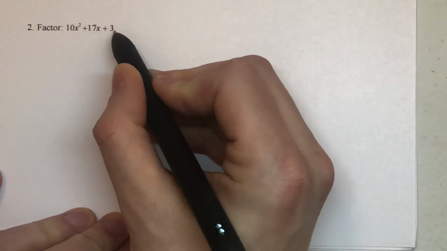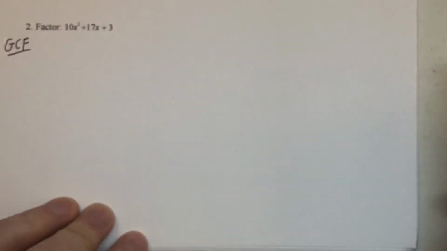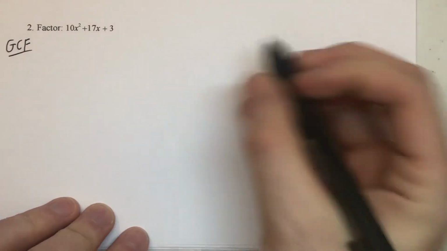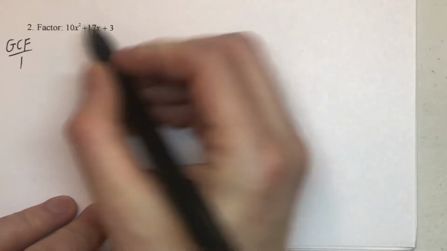So we see x squared, x, no x. We see something other than a 1, so not an easy case. We're going to start with the GCF to make sure that doesn't help us. But 10, 17, and 3, GCF is 1, doesn't help us. All right, so now that we know we're in the bottoms-up approach, because of this not being a 1,